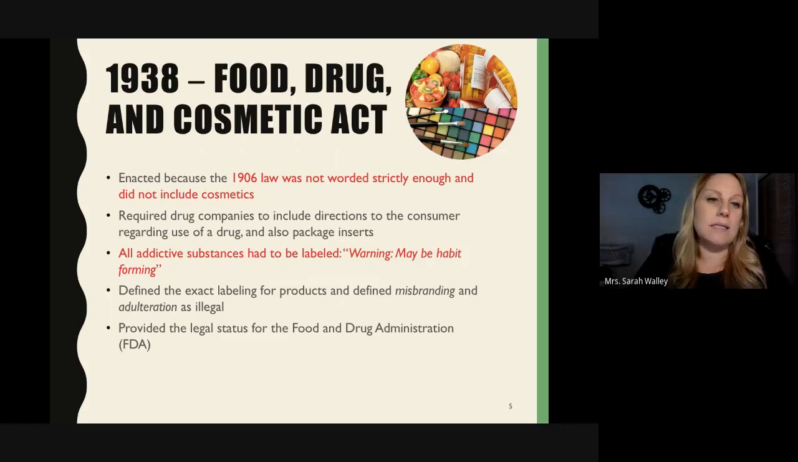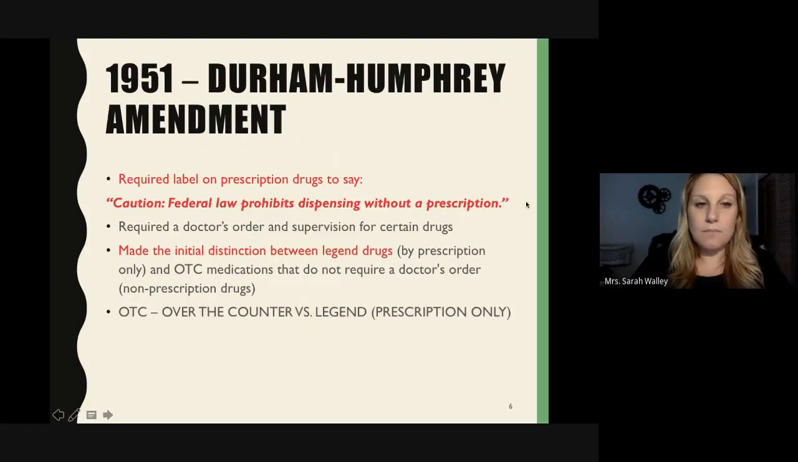So that they could basically take manufacturers to court, and actually be a regulator over these things, a national regulator, and actually be able to do something about it. Because if they didn't have that legal status, they weren't legally able to put these laws into practice, and shut manufacturers down if they weren't doing these things. So it was important. 1951 Durham-Humphrey Amendment required a label on prescription drugs to say, caution, federal law prohibits